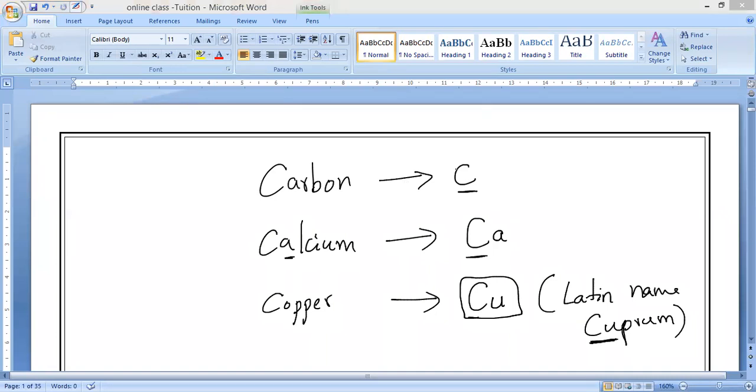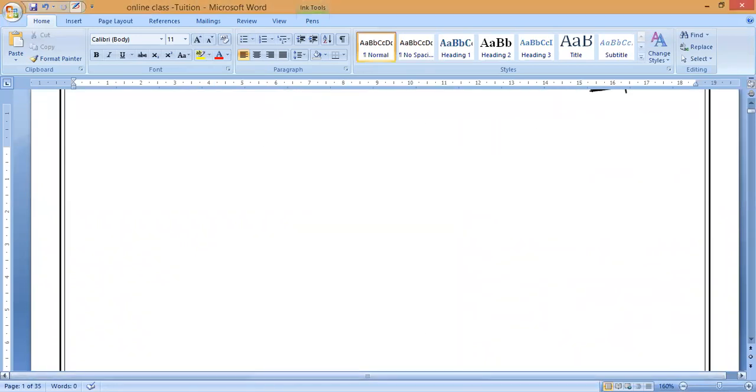So now this is what you have to take. Some letters we take from the first letter of the alphabet, some from the second letter, or if it is not matching, we have to go with the third letter or a Latin word. So now let us take symbols derived from the English name of the element. First we will see that, later we will go with the others, which are not derived from the English letters.